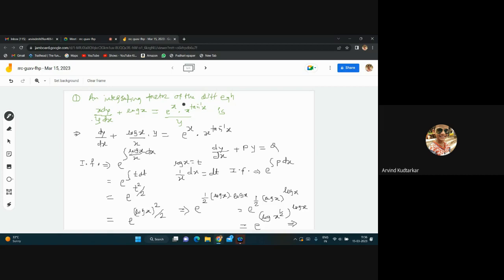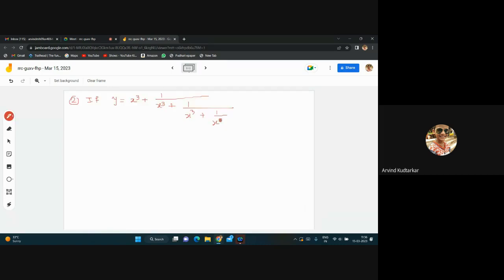See here the next example. Here in the next example, what they have given: if y is equal to x cube plus 1 upon x cube plus 1 upon x cube plus 1 upon x cube plus and so on up to infinity. The question is to find